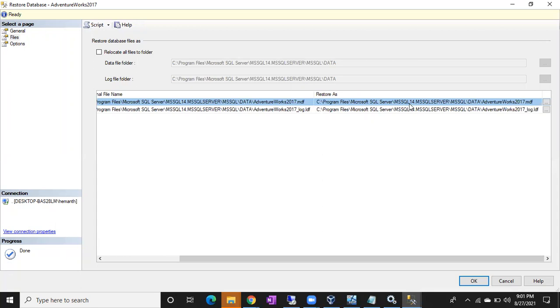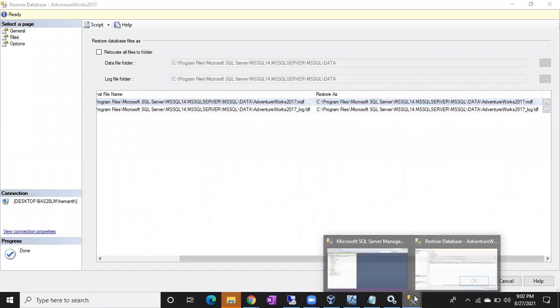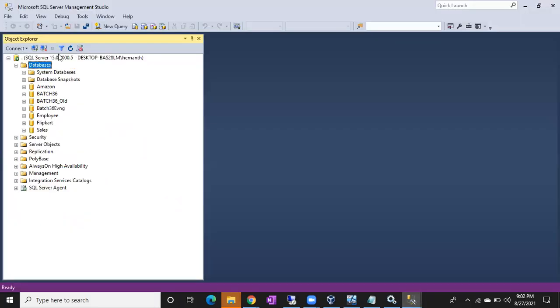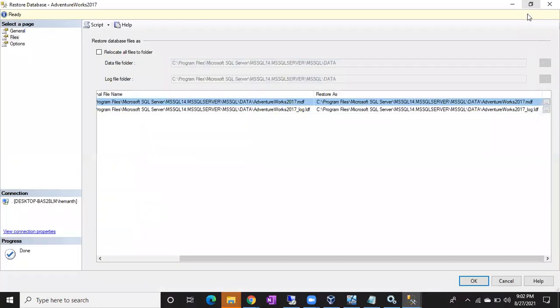So what is the folder name here? MSSQL15, so it should show MSSQL15. But I upgraded this instance from 2017 to 2019, so that folder was not created. So I'm not going to do anything here.